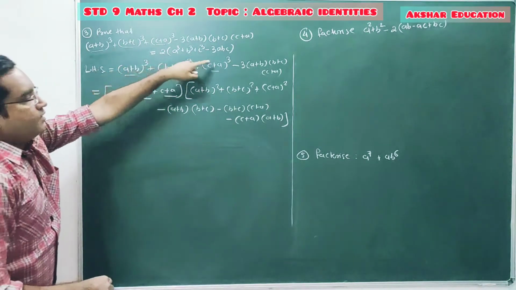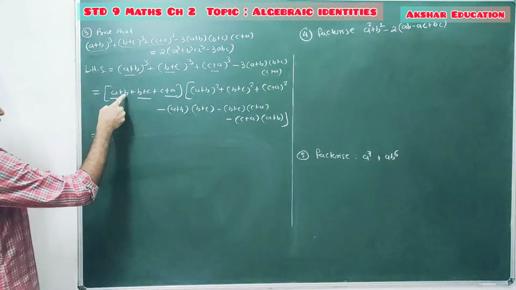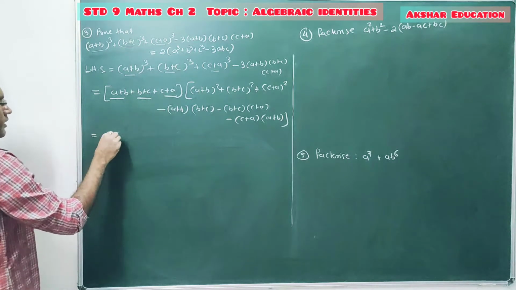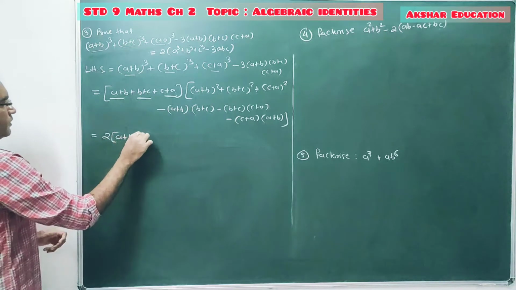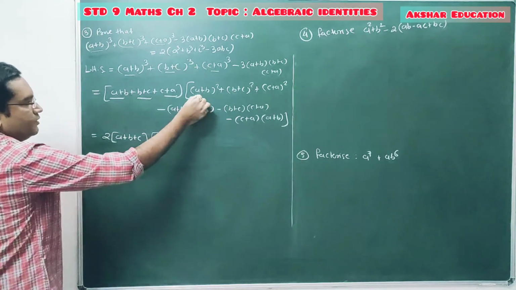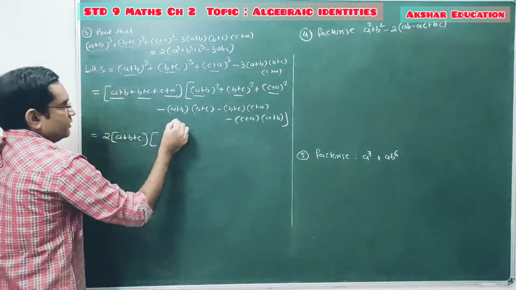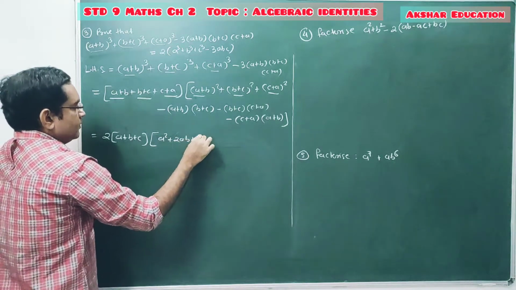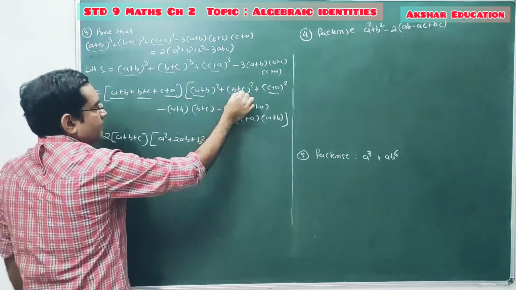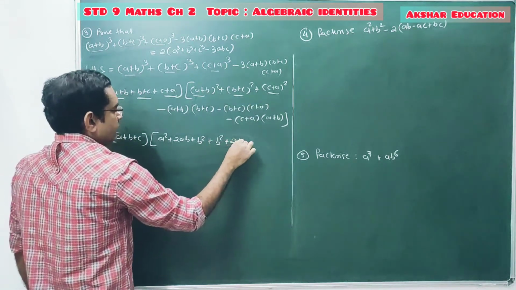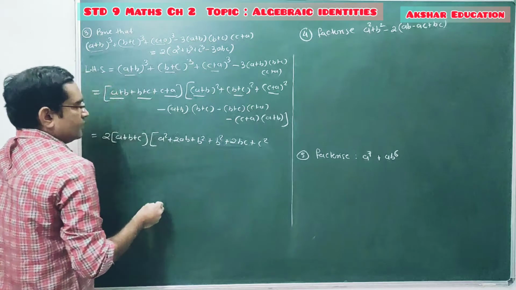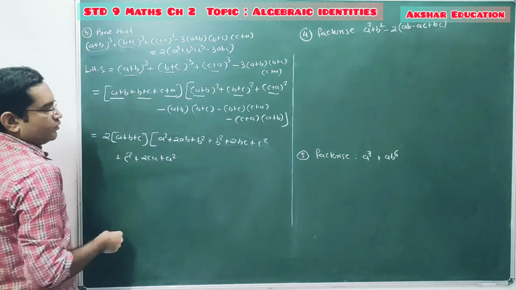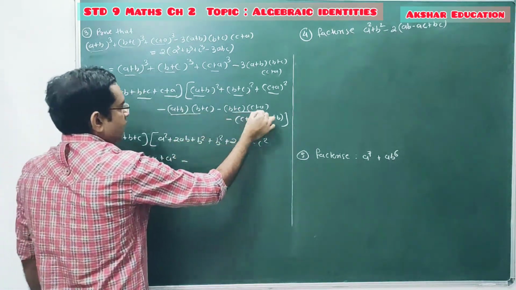Simplifying this one, we have to derive the right hand side. So this one, a plus b plus b plus c plus c plus a. So 2 times a, 2 times b and 2 times c is there. So taking 2 common, it's (a plus b plus c). Now here, using identities, (a plus b) whole square is a square plus 2ab plus b square, plus again (b plus c) whole square, it's b square plus 2bc plus c square. Now again (c plus a) whole square, so it's c square plus 2ca plus a square, minus, consider multiplication of all the terms.